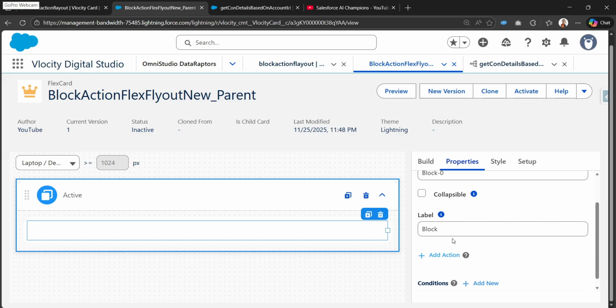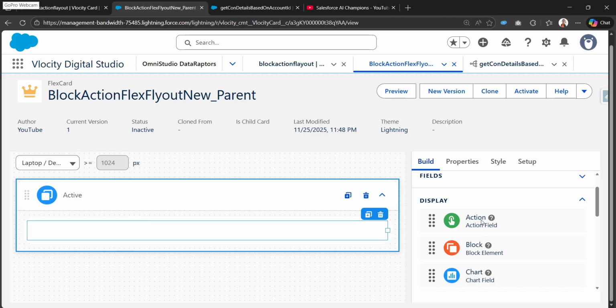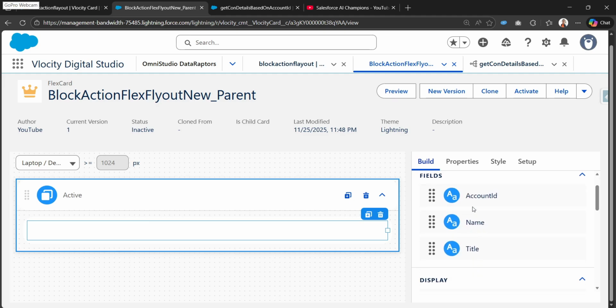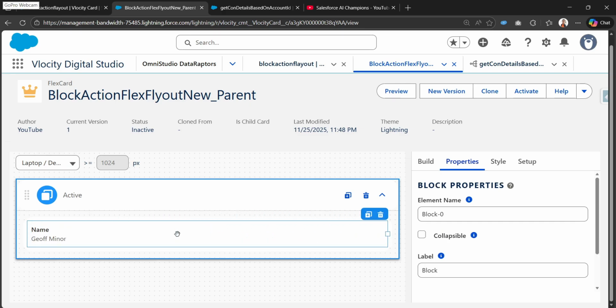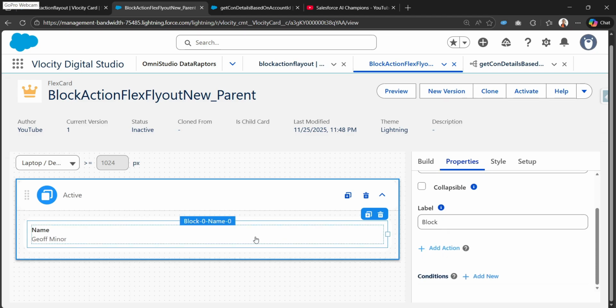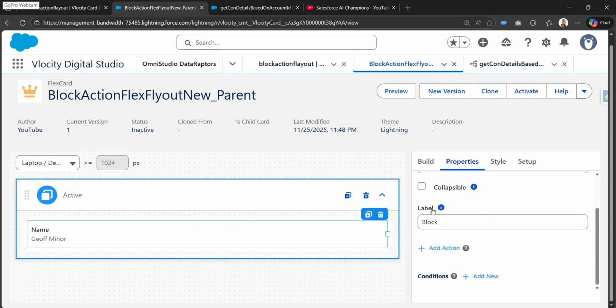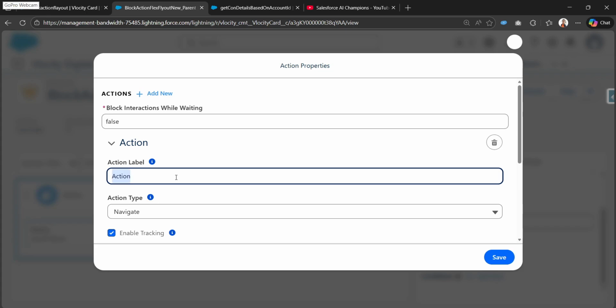Now I'll be in the block element, and from the build I'll search for fields. These are the fields we are getting from the data adapter, so I'll just drag and drop this contact. We can see the contact name is showing. Now we just want to utilize the block actions. In the block element I can click on add action, and we need to provide the action label as contact details,